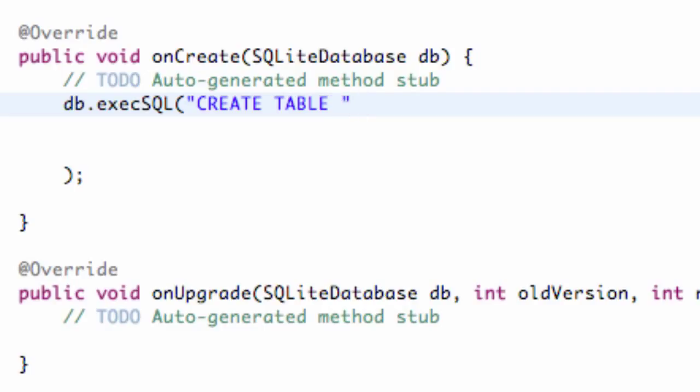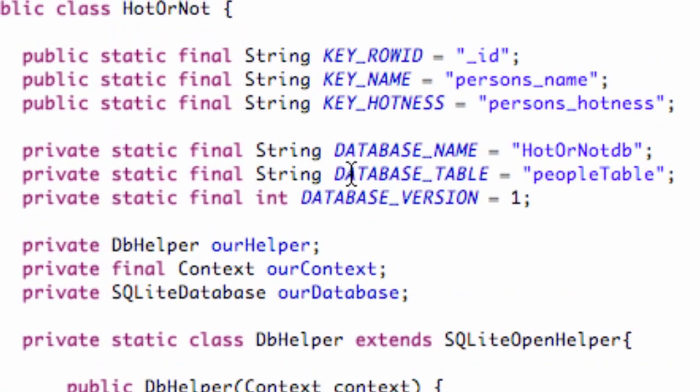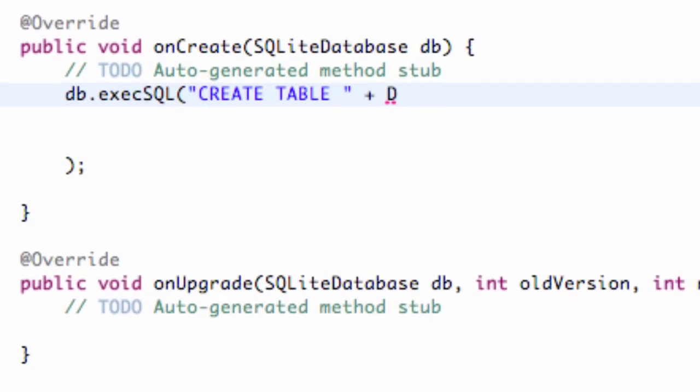You guys have to follow along pretty closely here, make sure everything's accurate so the SQL can be executed. Then we reference our table name. Our table name was called DATABASE_TABLE right here. So we're just going to say DATABASE_TABLE,